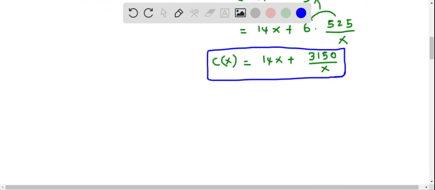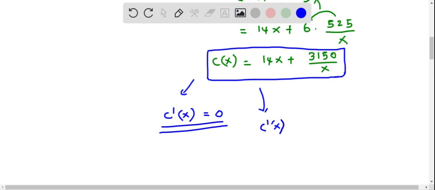For that, we have to prepare the sign chart for the critical numbers, or for the derivative function. So first, we will determine the critical numbers by finding the derivative of this function. That is, we have to find C prime of X and set it equal to 0. So let me find the derivative of the function. C prime of X equals the derivative of 14X, which is 14 times the derivative of X, which is 1, plus the constant 3150 times